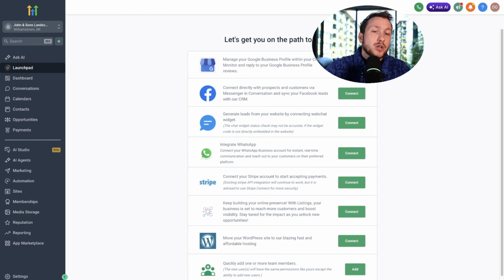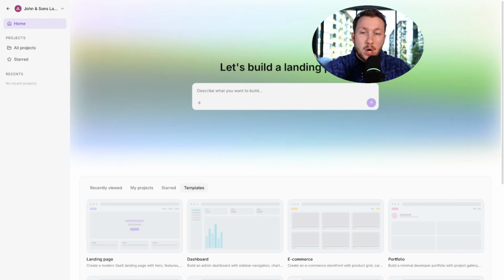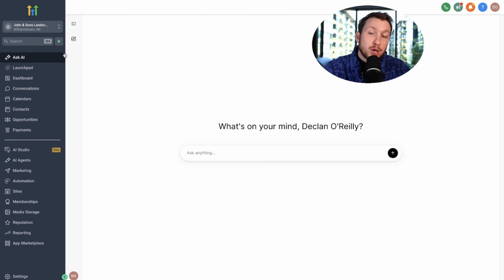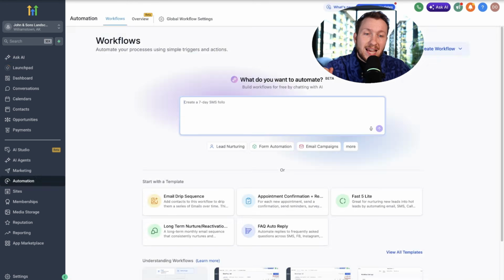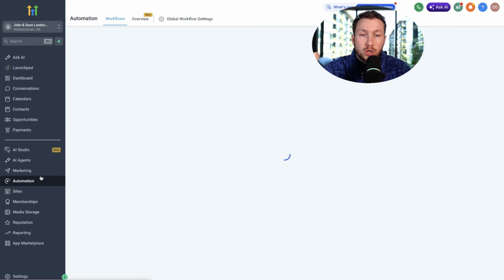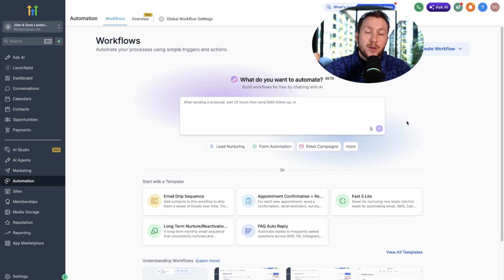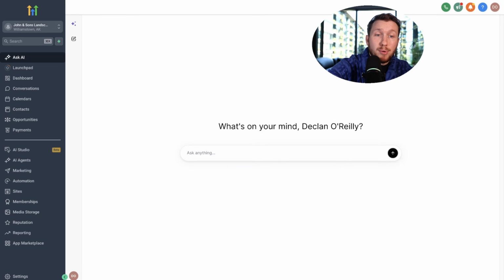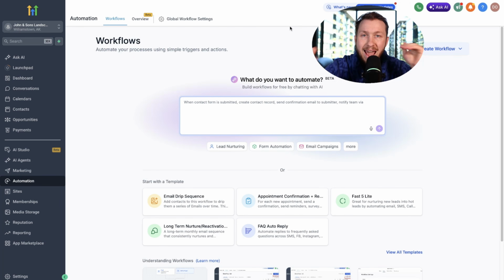So there's 3 things you're going to need to pull up. Number 1, the vibe coder, which is this right here in Agent Studio. You're then going to need Ask AI pulled up, just like this, which is right up here. And then last but not least, the AI automation builder, which is right in automations, and it should pop up just like this or under here. So you need these 3 pulled up. This is going to be the flow, and all of these AI employees work at a different rate, and that's how we're going to maximize this.